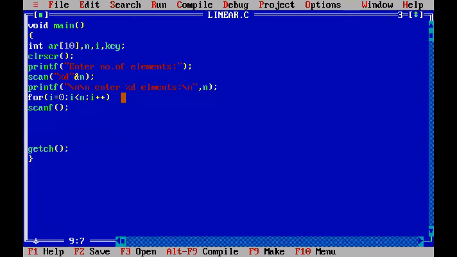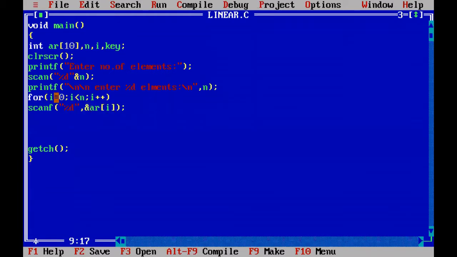For the first iteration of the for loop, the first element is captured and stored into the address of ar[i]. And in the second iteration, the second element is captured and stored into the address of ar[1]. For the last iteration, the last element is captured and stored into the address of ar[8].